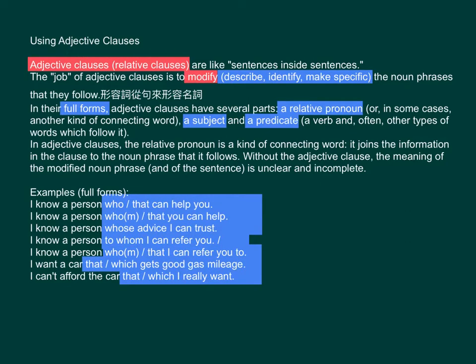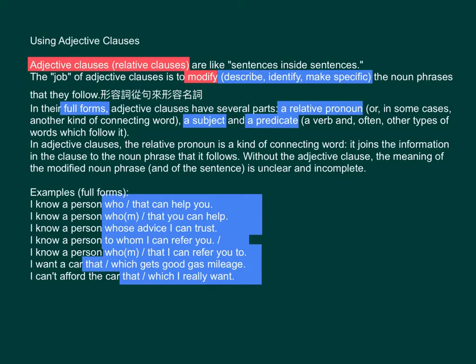Adjective clauses or relative clauses are like sentences inside sentences. The job of adjective clauses is to modify, describe, identify, make specific the noun phrases that they follow. 形容詞從句嚟形容名詞。In their full forms, adjective clauses have several parts: